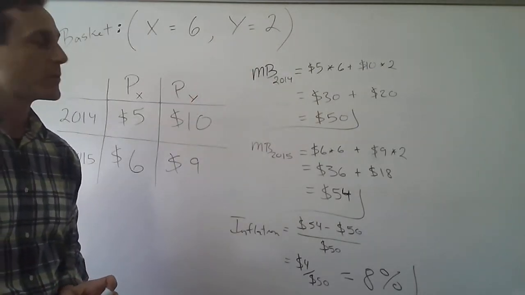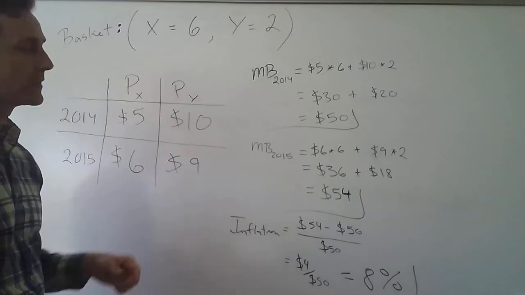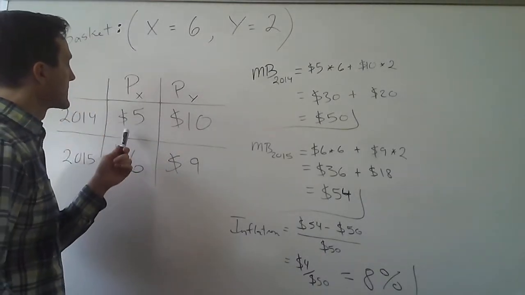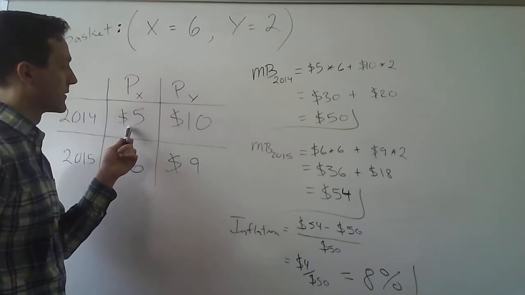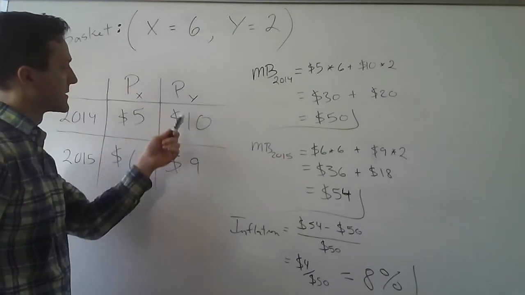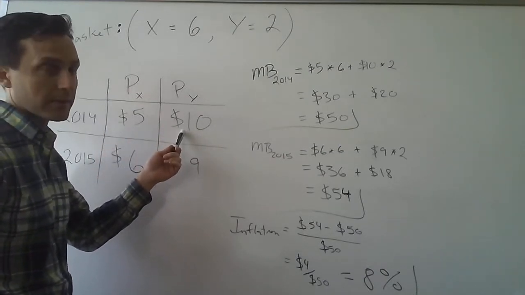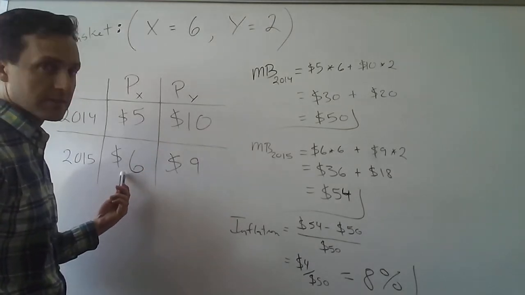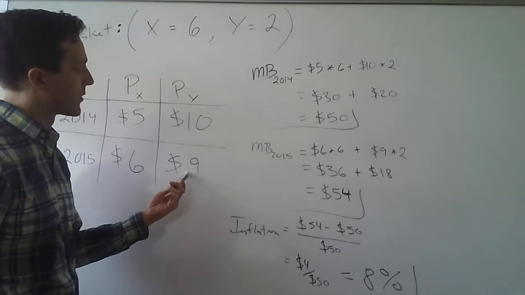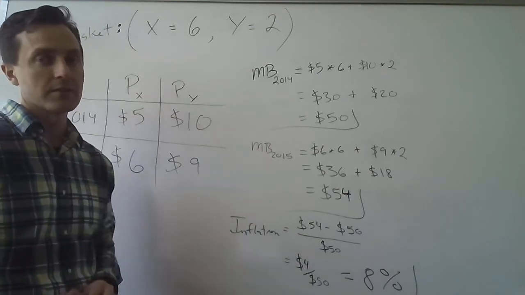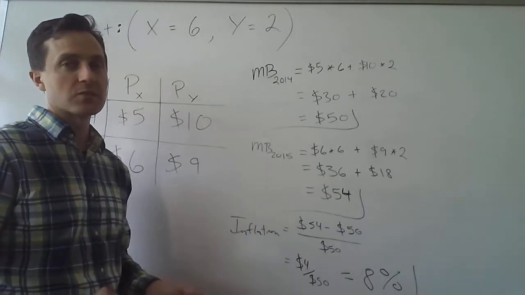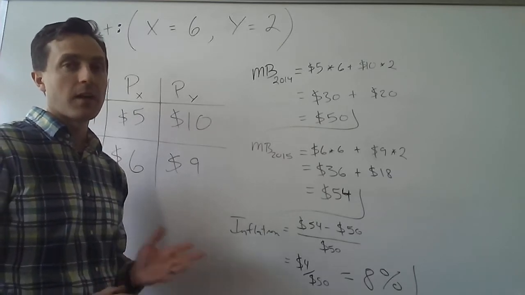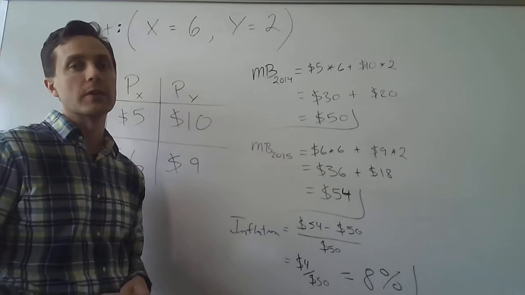Okay. And suppose we have this price data for 2 years, 2014 and 2015, and the price of good X in 2014 was $5, and the price of good Y in 2014 was $10, and then in 2015 the price of good X was $6, and the price of Y was $9. So we can use this information to calculate the rate of inflation in this very simple economy where there's only two goods,